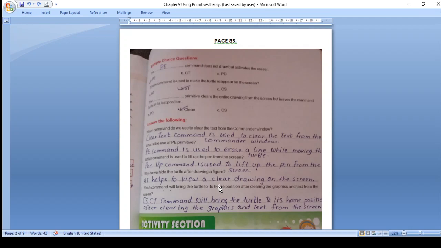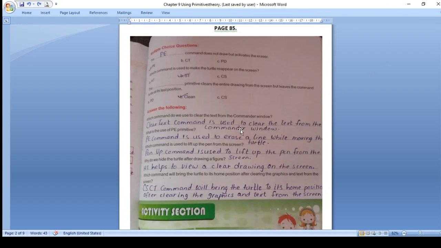These are the two commands that will bring the turtle to its home position after clearing the graphics and text from the screen. So this was your page number 85.